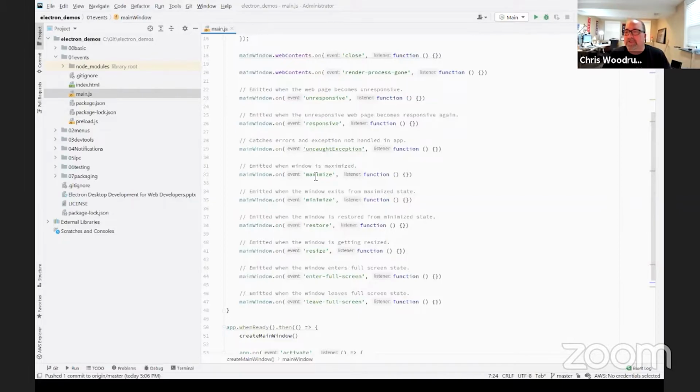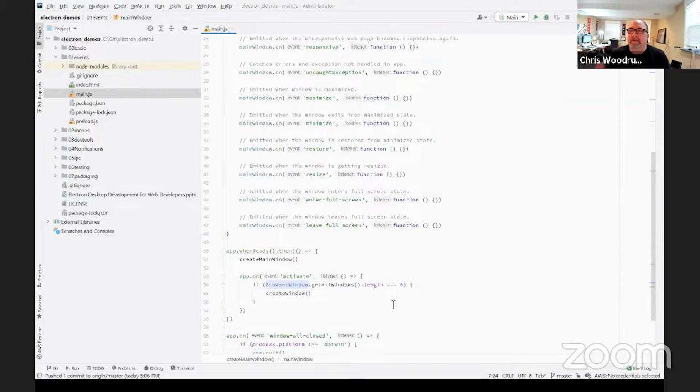You can do the typical stuff: maximize, minimize, restore, resize, enter full screen, leave full screen. And there are a few other events also, but I just wanted to show that there are a lot of events the main process can react to, based on those events coming from the actual render visible window.